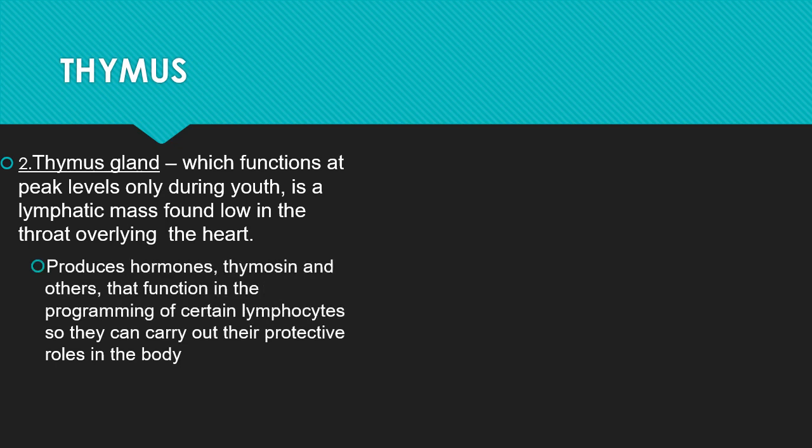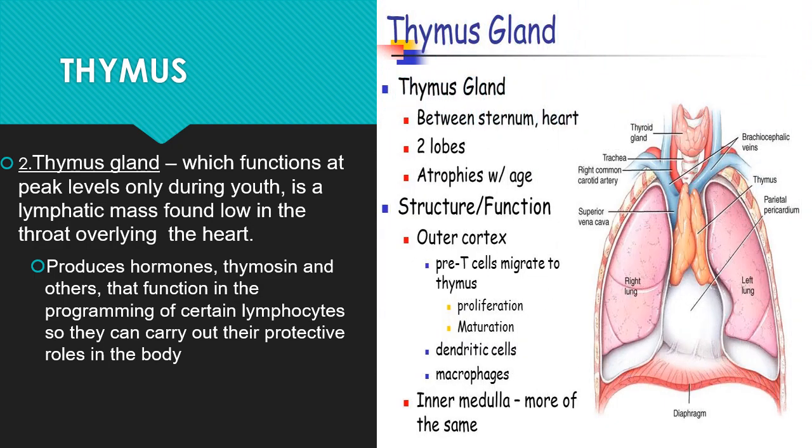The thymus gland functions at peak levels only during youth, so it functions only during our youthful years. It is a lymphatic mass found low in the throat, overlying the heart. It produces hormones, thymosin and others, that function in the programming of certain lymphocytes so they can carry out their protective roles in the body. So this is an example of thymus. You can find there the thymus